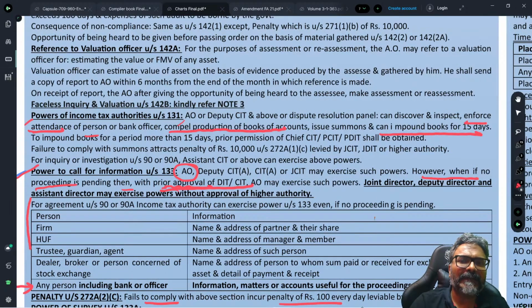Now, students, what if the SSC does not comply with the notice? So notice has been given to the SSC under 131 and it doesn't make any compliance for the same. So dare not do it, students. Dare not you do this. But if you have done it,